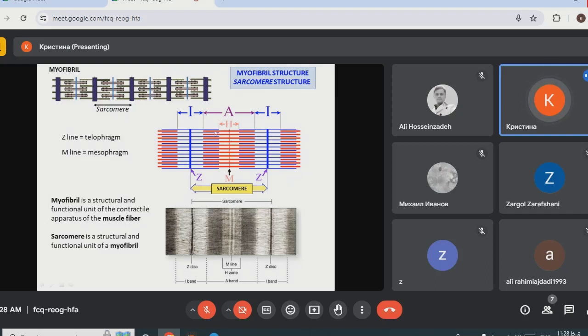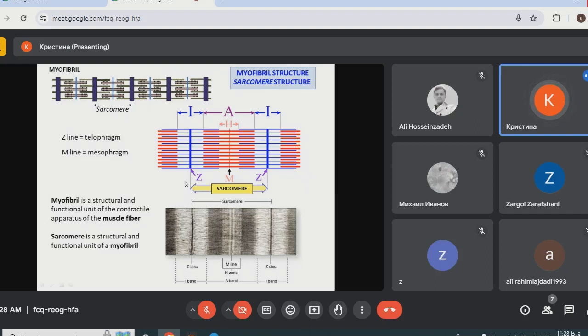So during contraction, every thin actin myofilament is pulled towards the M line, like this, and these to the M line like this, and this will cause the contraction of the sarcomere and